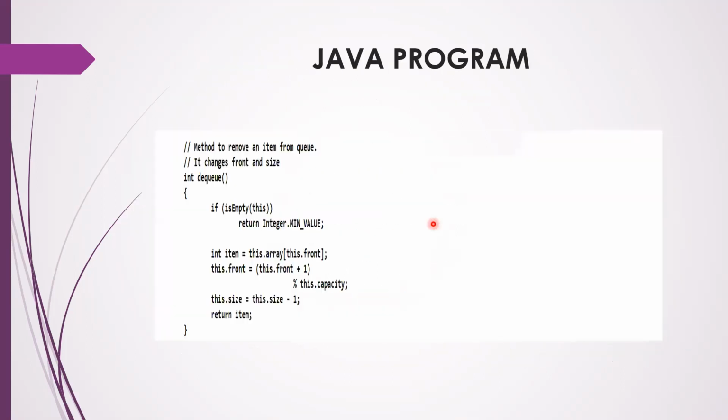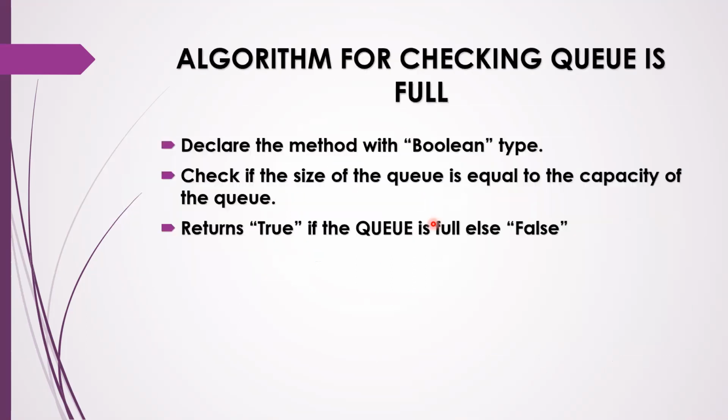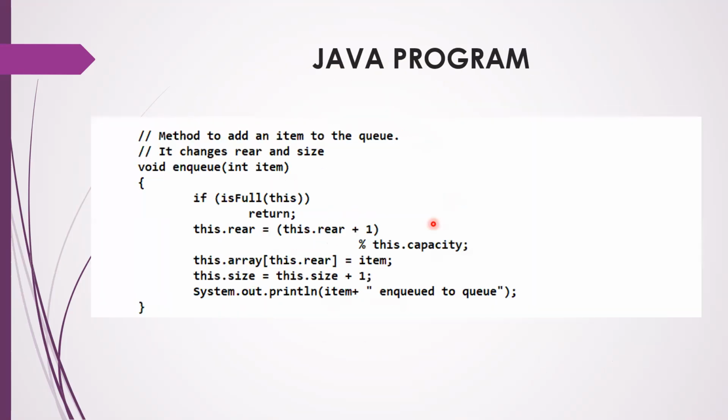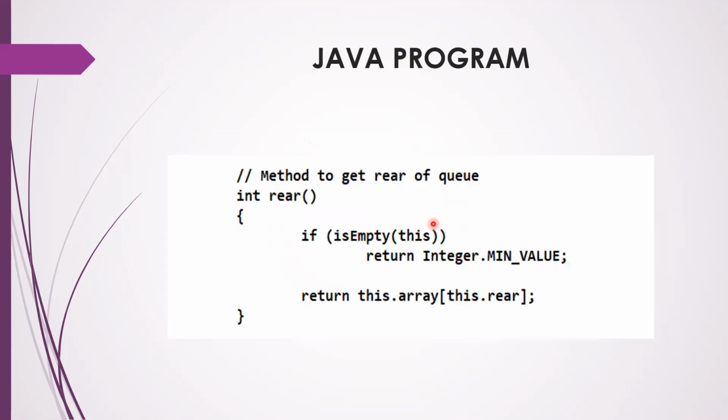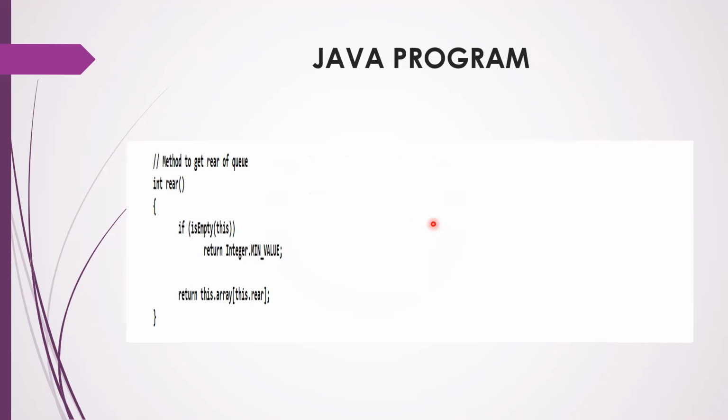So today we saw the complete program with different methods. First you have to declare the class. Next you have to declare the check for whether the queue is full. For that we saw the algorithm for empty, then NQ operation, DQ operation and front. Next class I will show you the capacity and the modulus operation in diagrammatic representation for clearer understanding. And we will see the concept of circular queue also. And also we will see the binary tree, its types and its traversal in detail. So in upcoming classes, we will see all these.